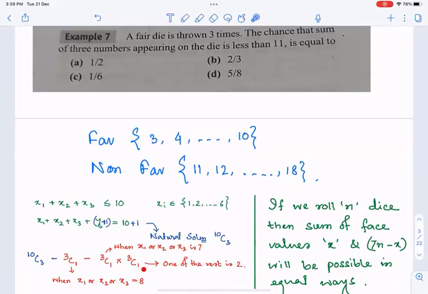And out of the rest three variables, any one can be 2. That's also in 3C1 ways. So that means 3C1 into 3C1, that's 9 such cases will be appearing where one of these three variables is 7, one from the rest is 2, and the rest two variables are 1. So these are all non-acceptable possibilities. So 10C3, which is 120, minus 3 minus 9 gives us 108 favorable cases, divided by 6 cubed total cases, gives us probability half.